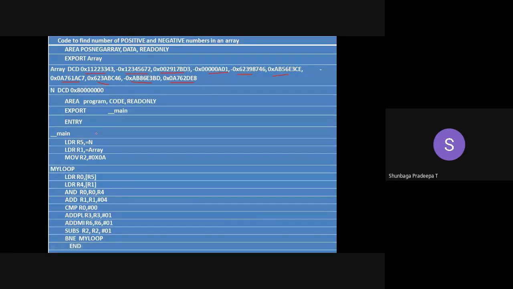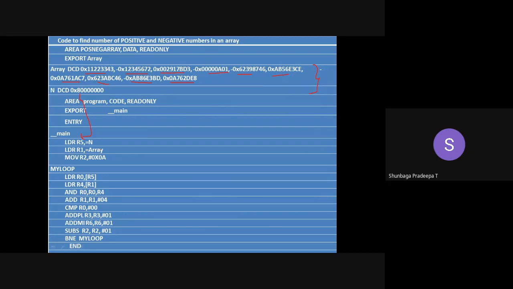Then your main coding starts. So here these two are your global initialization. Okay. Next, in the main memory, R5 is equal to n, which means the base address of this n is taken and that content is loaded into my R5 register. So R5 will be loaded with the value